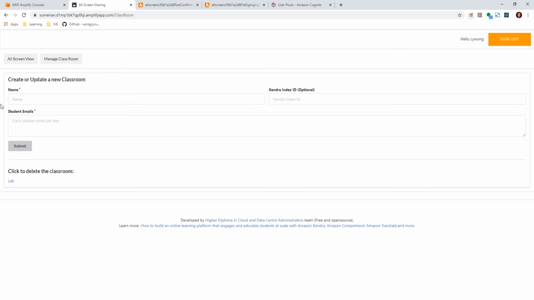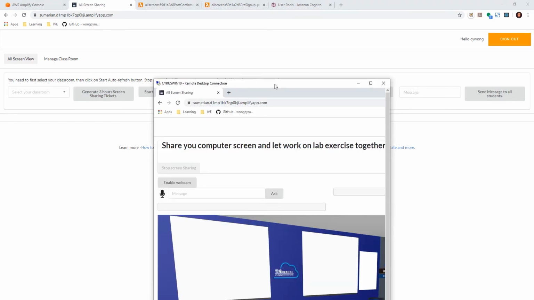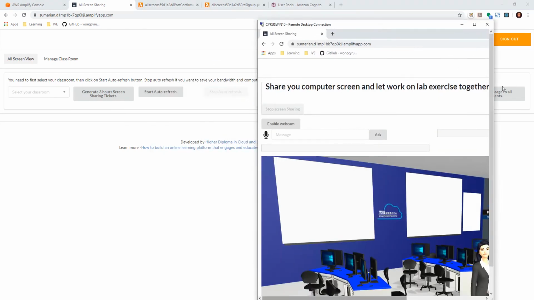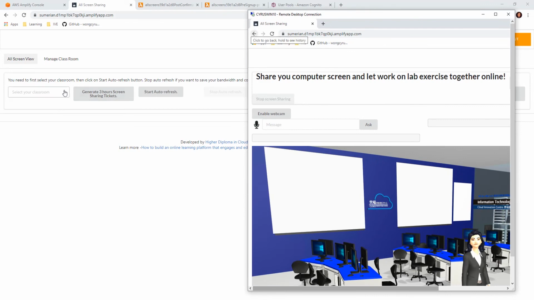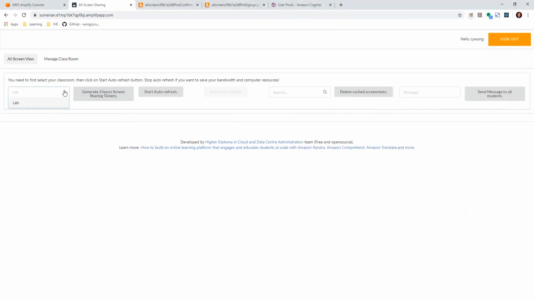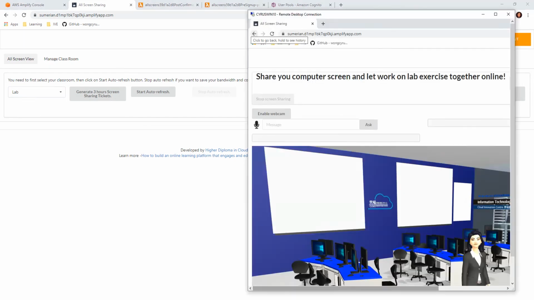Now, after you create a class, you can go to the all screen view here. The students are already logged into the system, and you may see the demo video. Sharing screen and sending messages to them is quite straightforward. But the most important part is that you need to pick a class. Okay, pick a class, and then after you pick a class, you will be able to enable the screen capture